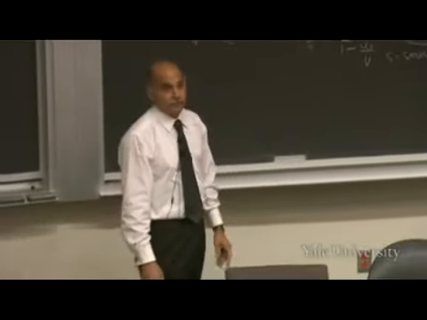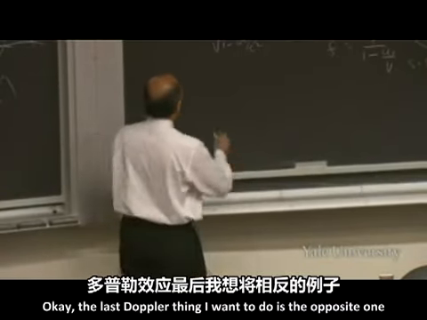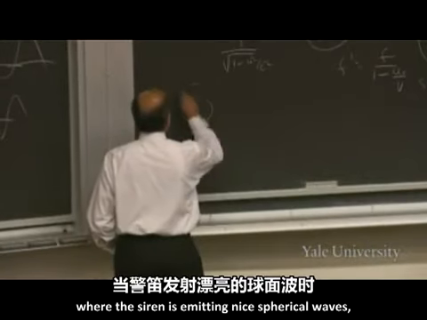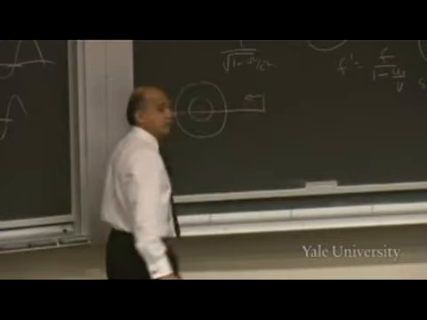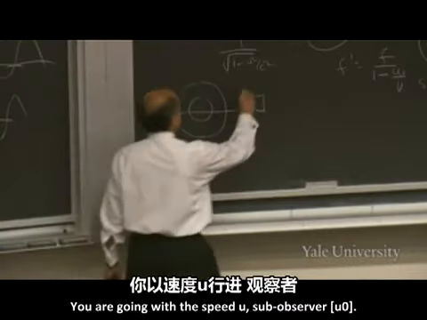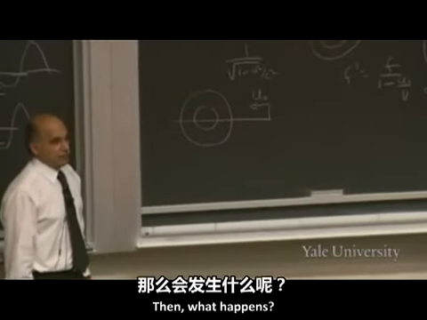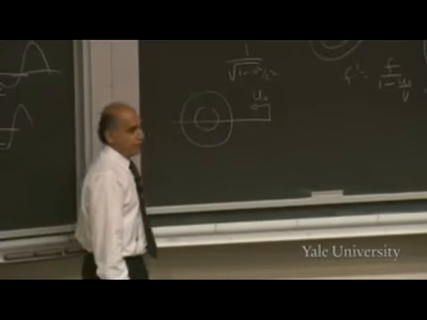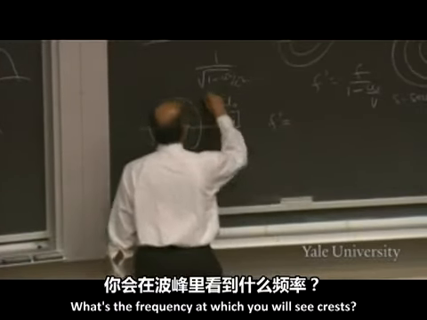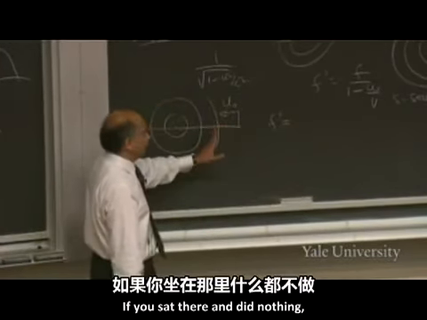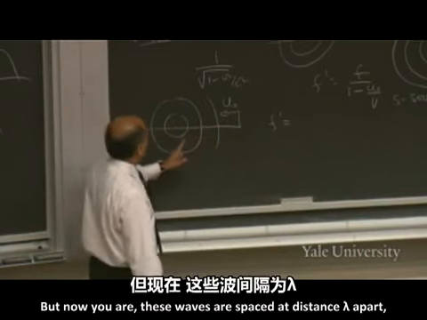Okay, the last Doppler thing I want to do is the opposite one, where the siren is emitting nice spherical waves, but you are rushing to meet the siren. You are going with the speed u sub observer. Then what happens? So let's see what to do. What's the frequency at which you will see crests? If you sat there and did nothing, you will see them at the normal frequency. But now